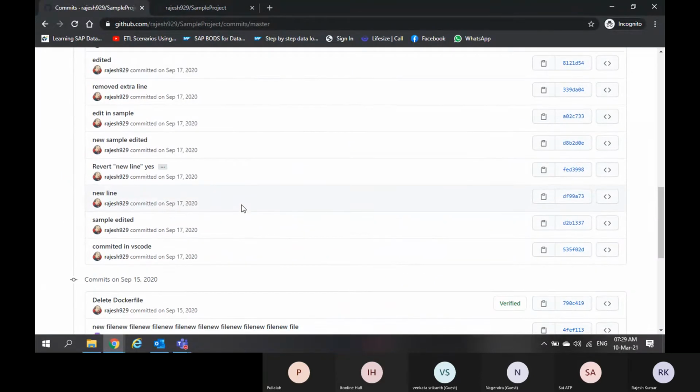So this way you can see all the commits that happened in this repository, and if you want to see what happened inside a commit, you can go to the commit ID section. This is called the commit ID. Whenever you perform a commit operation, that is nothing but a save operation, Git will create an ID for that. In future, say after 3 or 4 months, someone will come to you and ask you.